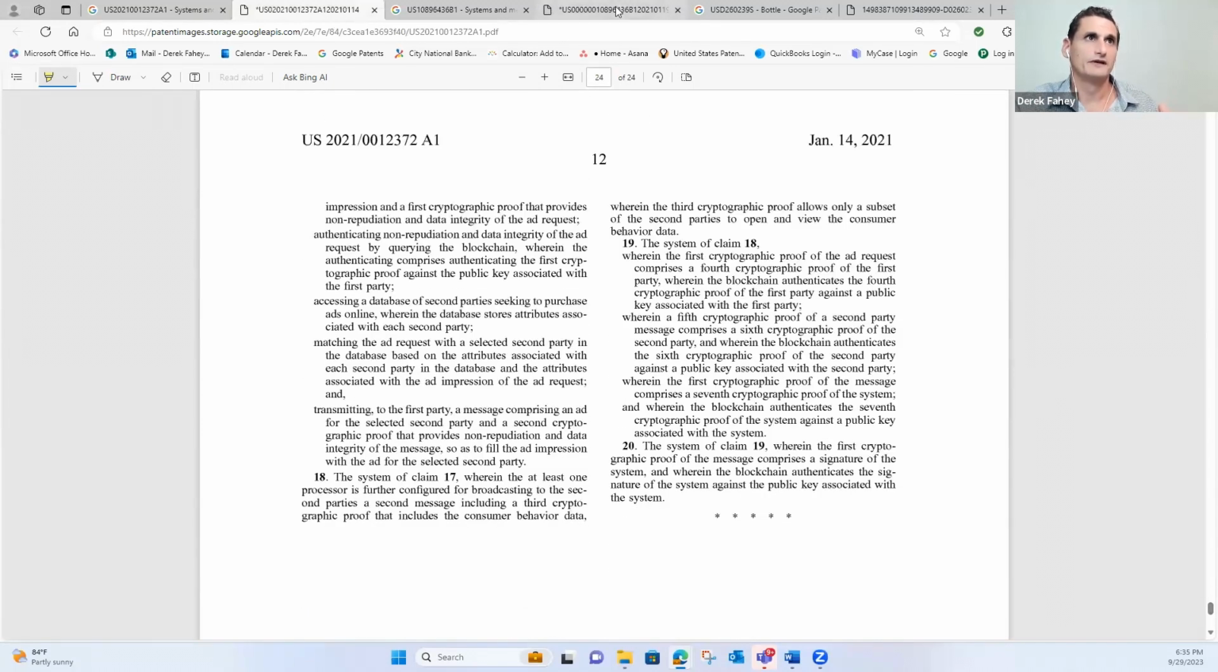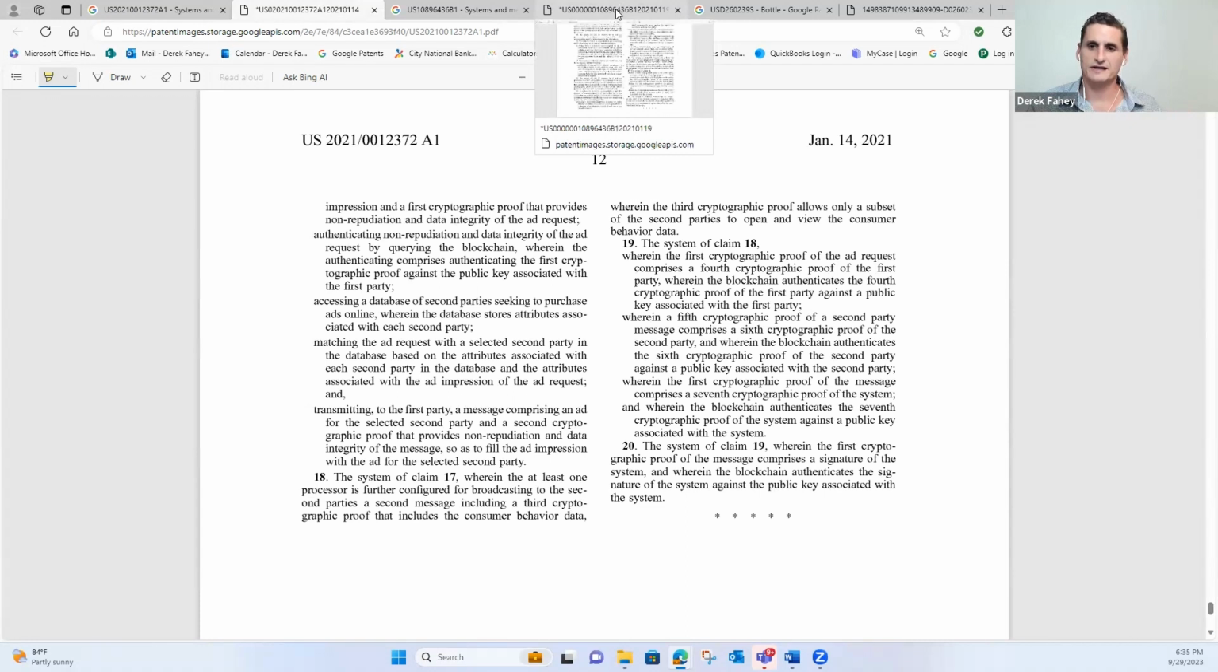There's 20 claims. So during the examination process, the claims were adjusted. And again, all public knowledge, you can go online and look at this. But you're able to see what was changed between the filed application, the published application, and the issued patent. So just know that if you have an issued patent, and this is the issued patent, you can see